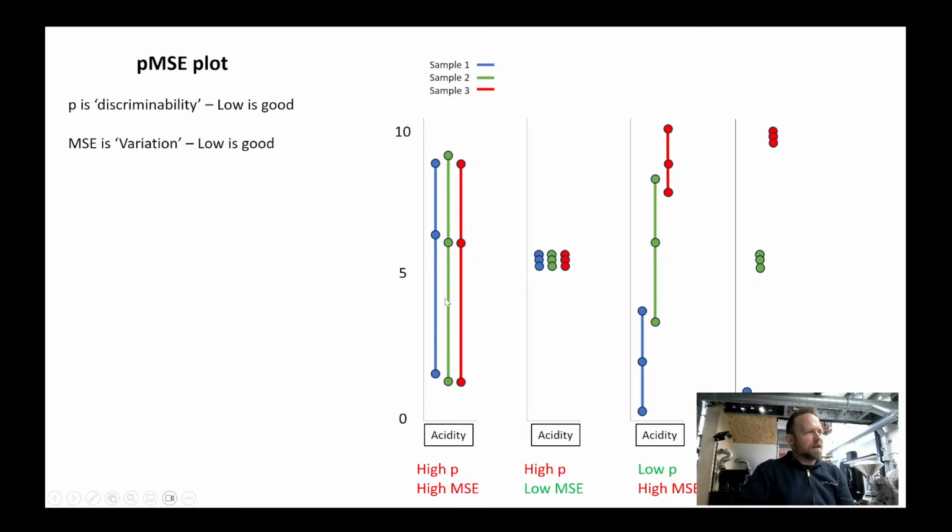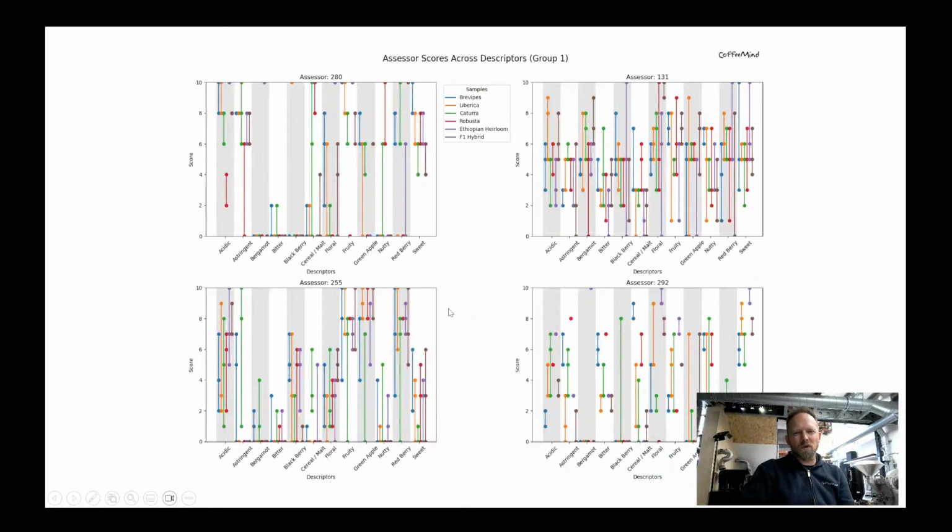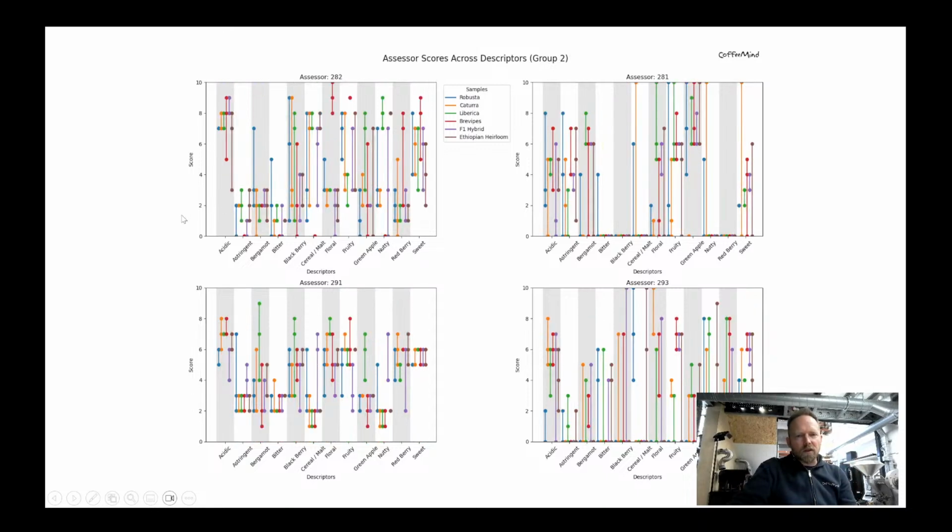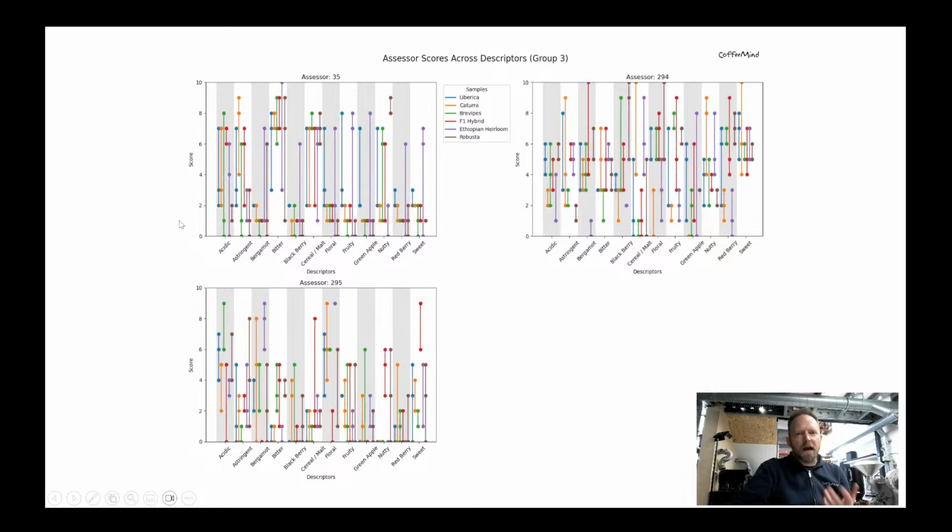It's actually a slide I made this morning because I always find it difficult to explain the next slide, because this is actually that plot per person. So you can see assessor 131. You can see in the data that there's a big variation, and there's not a really clear shift. Whereas if you look at assessor 280, it seems like there's a clear shift in the data set. So this person has a lower p-value for acidity and also a somewhat low variation. So this is a way each person can see how they did.